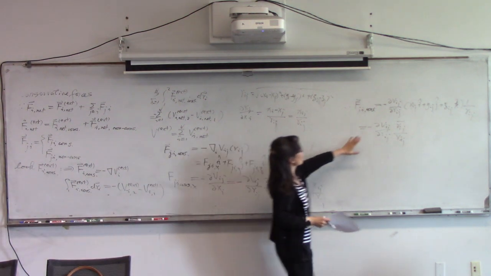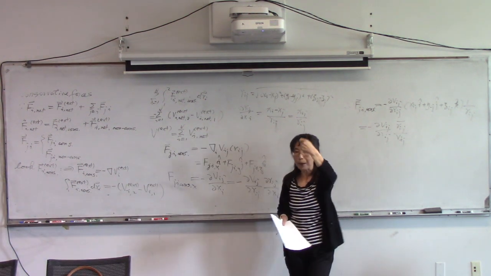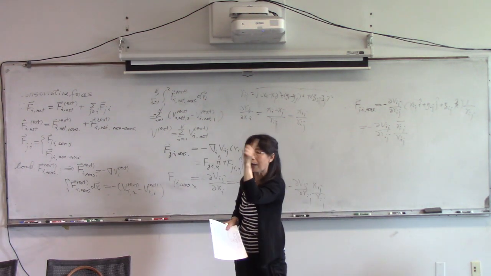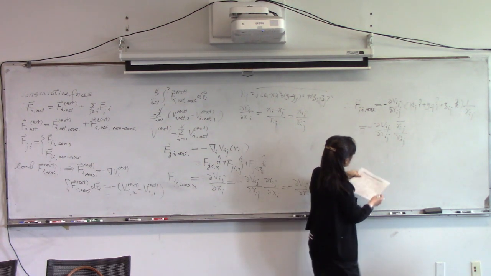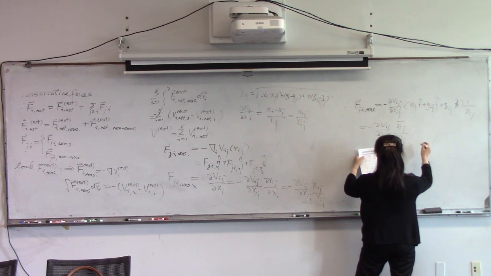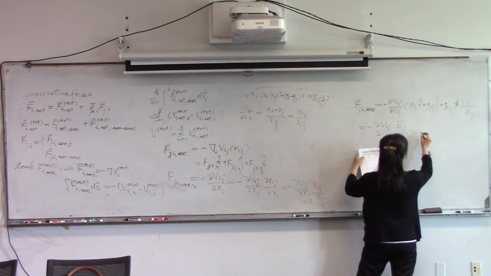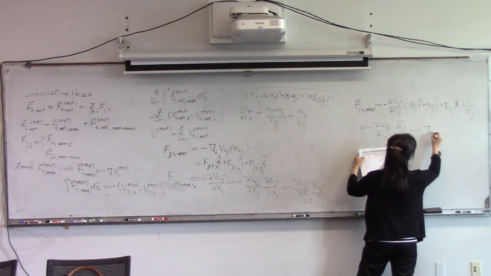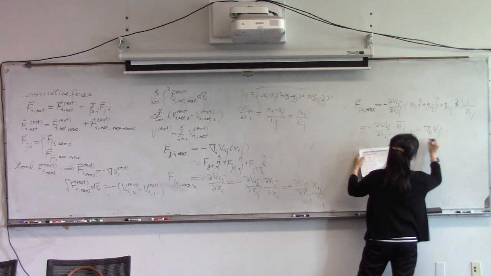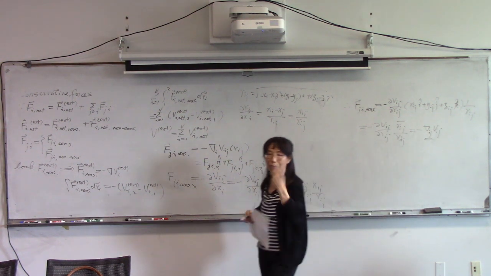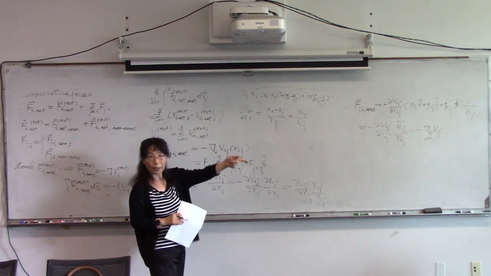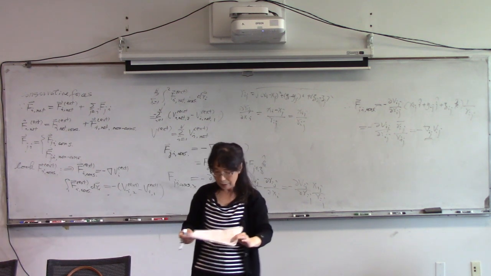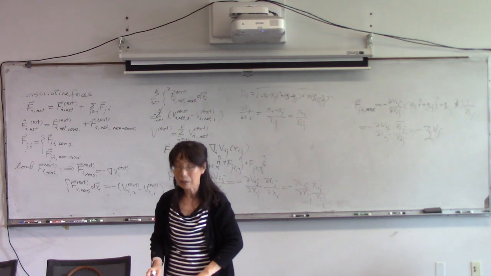Or you just take the derivative of V_ij with respect to R_ij, and the direction is along R_ij, right? Now I'm going to give a notation, this is ij. So you see, they are equivalent. With this, we can go further